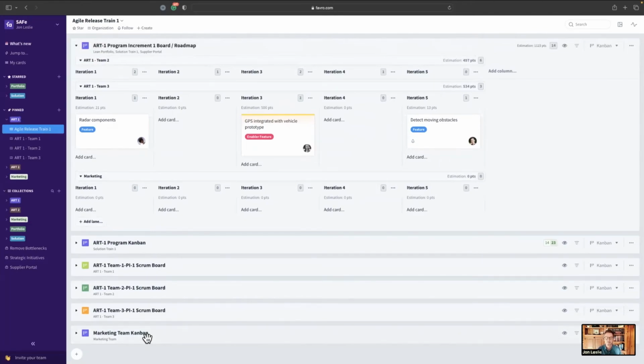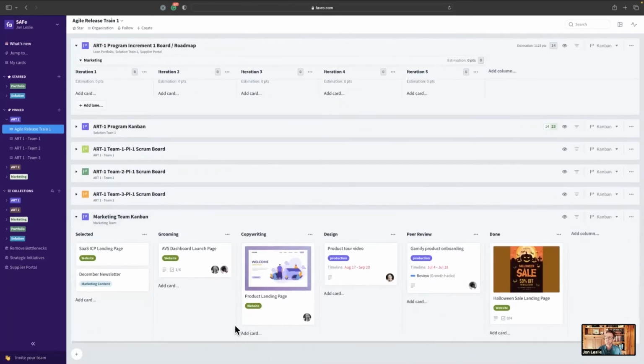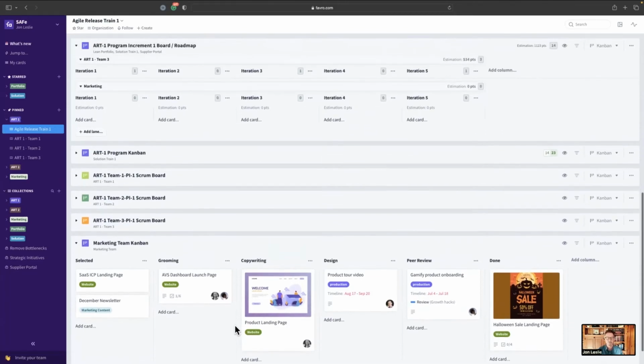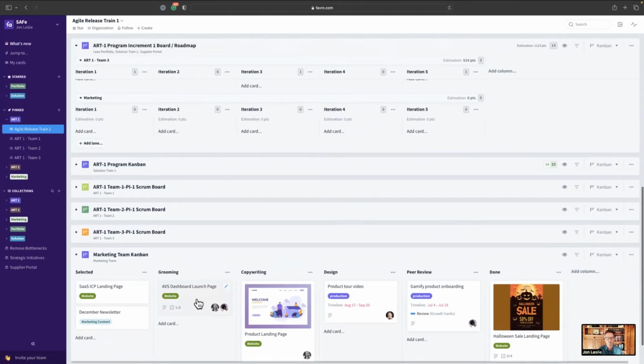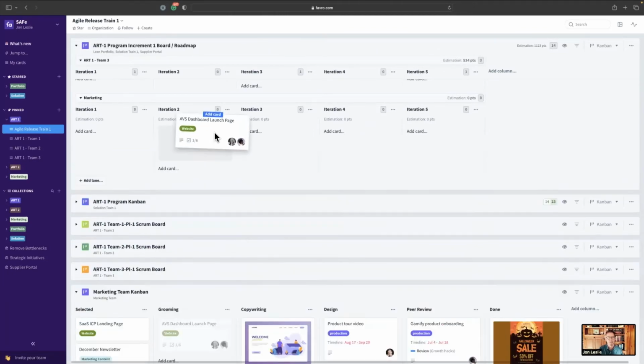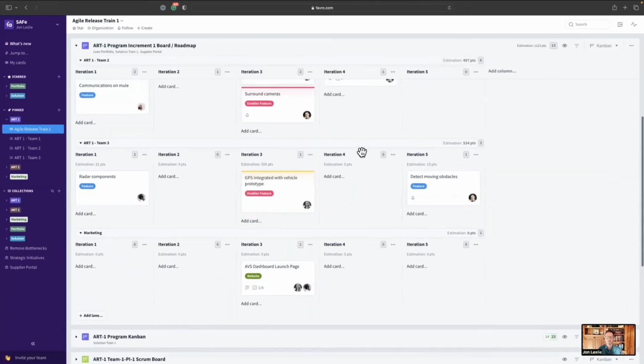So in this case, for this example, I brought in that marketing team's Kanban. It's the same one that they see in their bespoke collection. And you could simply maybe drag this up, this card here representing this deliverable that they're responsible for, to the board like this. And then as part of that,